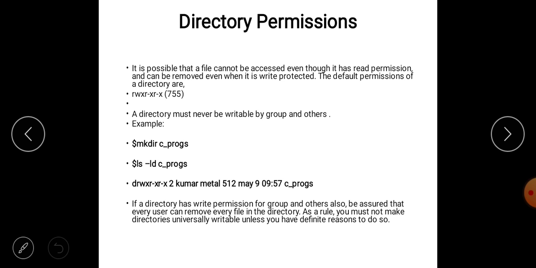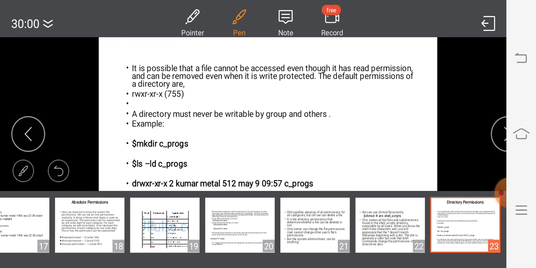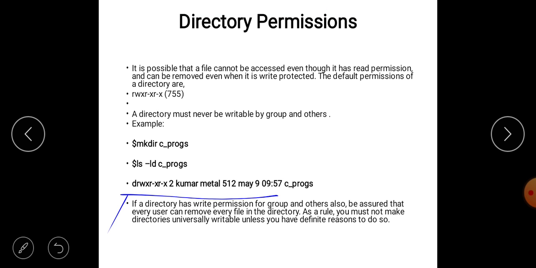Okay, you can see here the write permission for group and others should be absent. D represents the directory, RWX is the permission for the category user, R-X is the permission for group. Next R-X is the permission for other.